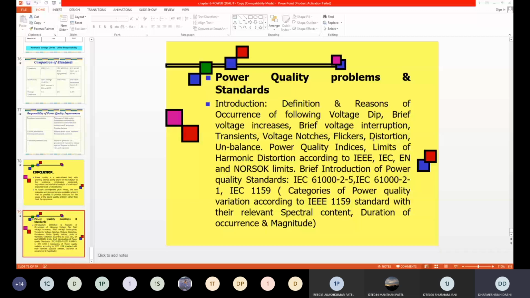This report is available on the internet. This is a report of 2015. Actually this is from one group, the Asia Power Quality Initiative. There is a group of 7 countries. They sit together and analyze what the power quality issues are as of now in these 7 countries and what the solutions are. So in this presentation, I give an overview of the power quality regulations followed in India or in different states by different utilities, like transmission utility as well as distribution utility.